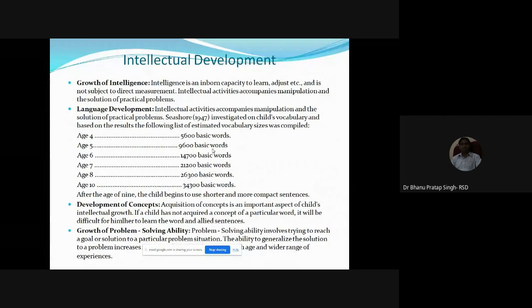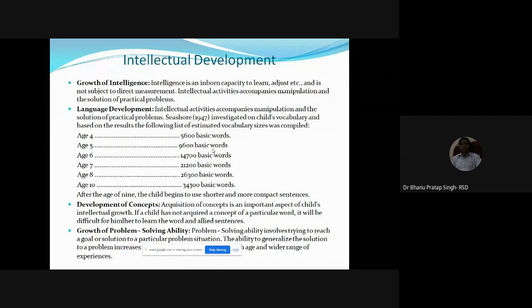Intelligence cannot be measured directly, although the formula is there: mental age, and based on mental age and chronological age,